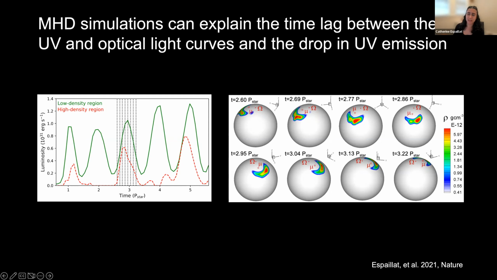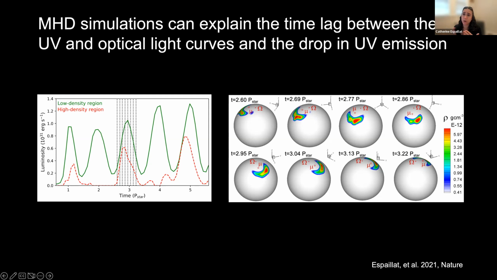Since the high density region is very unstable, it's not expected to be symmetric. For example, here you see that the high density part, the red part, is shifted off to one side of the entire crescent shaped hotspot. The red part can sometimes be in our field of view and sometimes not. But the other part of the hotspot, the low density part, is actually larger, so it covers more surface area of the star.